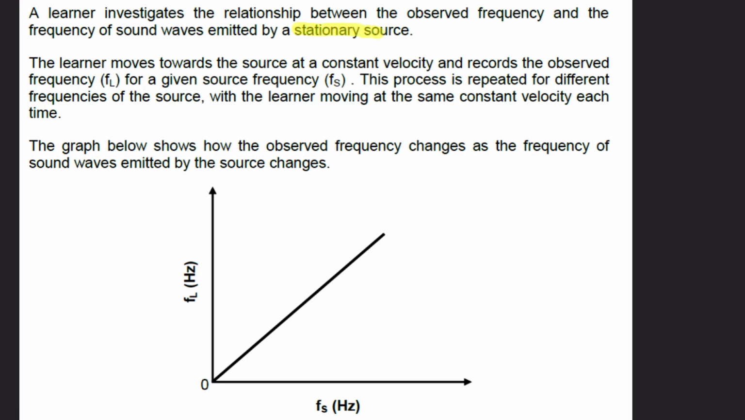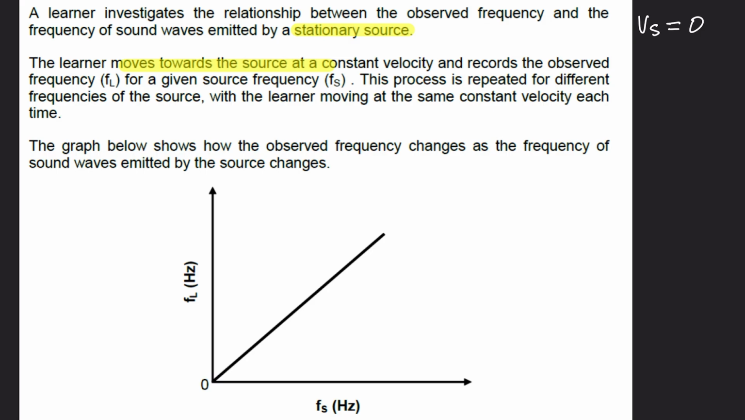So first thing I would do here is write down my quantity on the side, stationary source, so Vs is equal to 0. The learner moves toward the source, so that's important, at constant velocity and records the observed frequency for a given source frequency. This process is repeated for different frequencies of the source, with the learner moving at the same constant speed each time. The graph below shows how the observed frequency changes as the frequency of the sound waves emitted by the